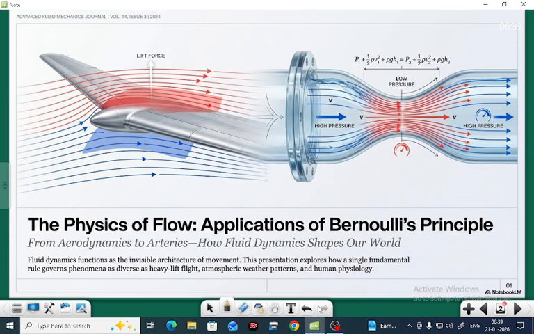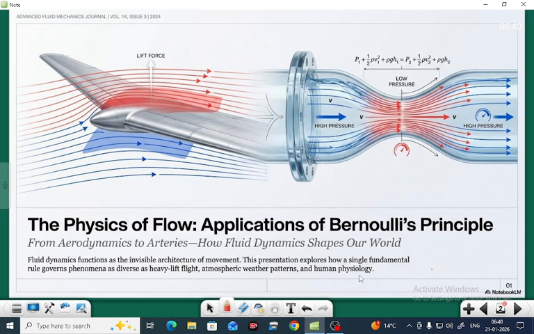Hello everyone. Today we shall discuss the physics of flow, applications of Bernoulli's principle from aerodynamics to adhesion, how fluid dynamics shapes our world. Fluid dynamics functions as the invisible architecture of movement. This presentation explores how a single fundamental rule governs phenomena as diverse as heavy lift flight, atmospheric weather patterns, and